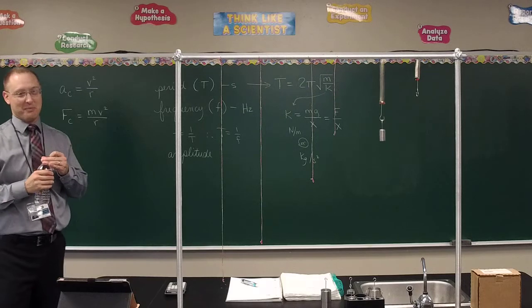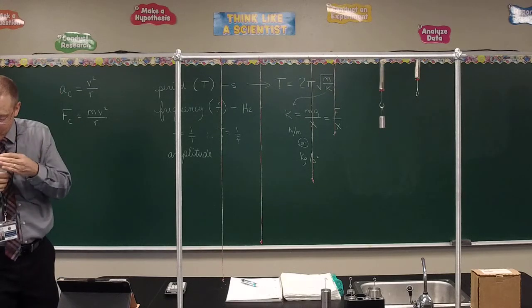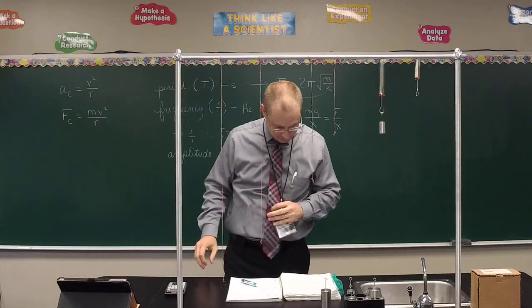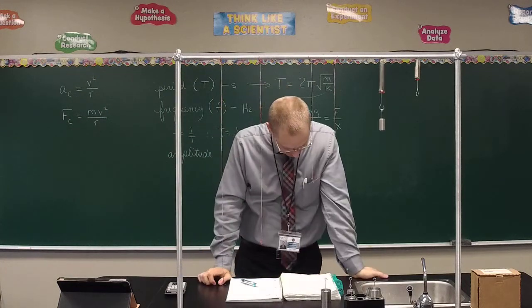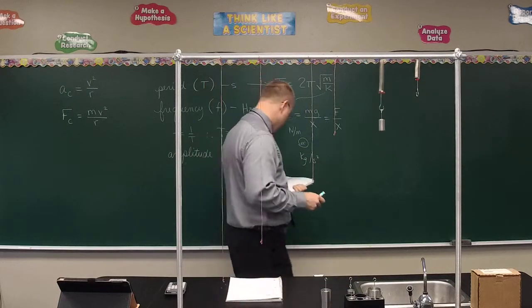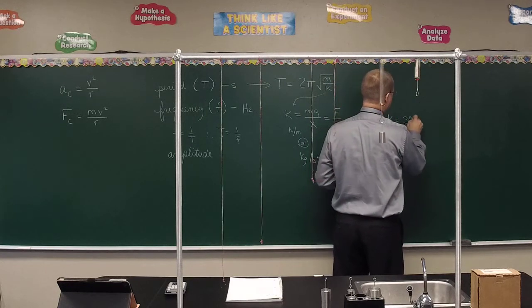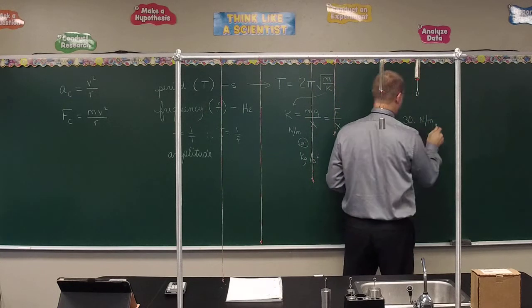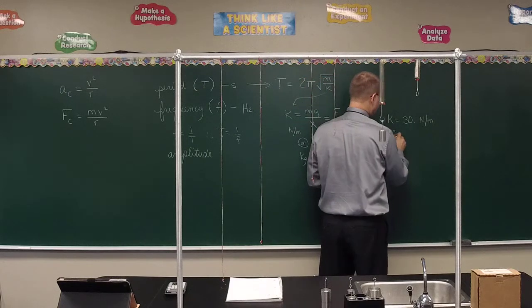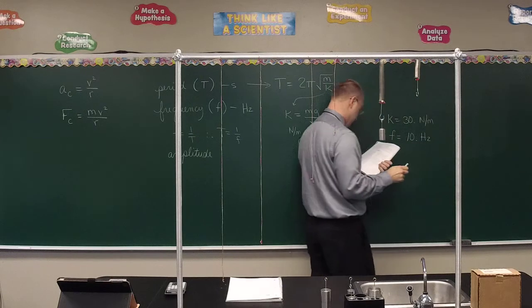Yeah, you will. An object on a spring whose constant is 30 newtons per meter oscillates at a frequency of 10 hertz. What is the mass of the object? All right, so they give us 2 numbers here, Audrey. They give us the spring constant as 30 newtons per meter, which is 30 kilograms per second squared. And they also give us frequency is 10 hertz. And they ask us to find the